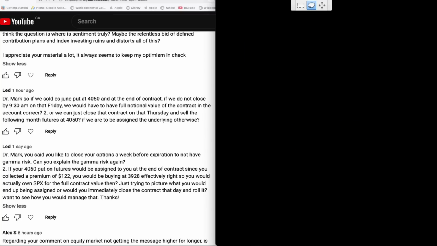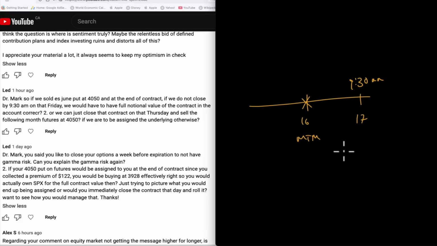Let's scroll all the way to, this is June 16th, and here is June 17th at 9:30 a.m. That is when the contract expires. June 16th, there's a settlement date. There is marked to market. If you're in gains, you get money in your account. If you're in losses, money leaves. The next day at 9:30, it expires. You only have to settle up the difference in the price for those 2 days, because every single day, as you go, you settle up.